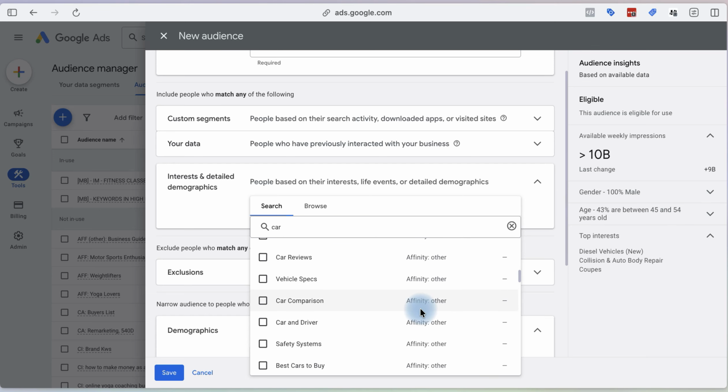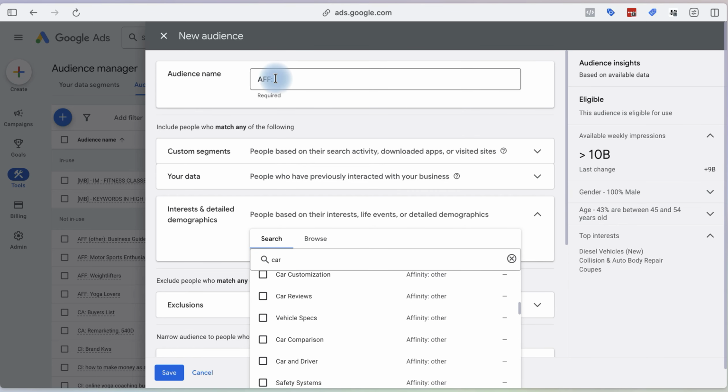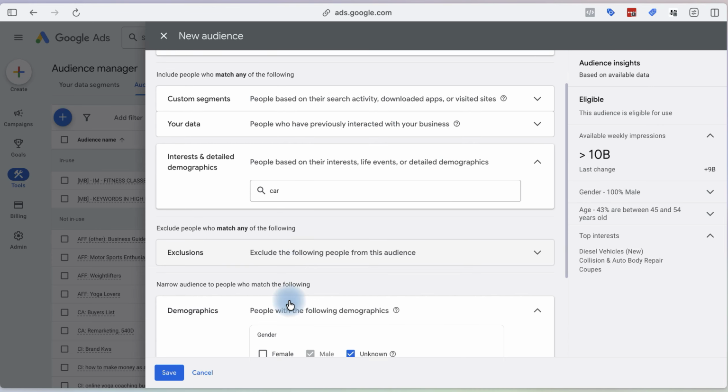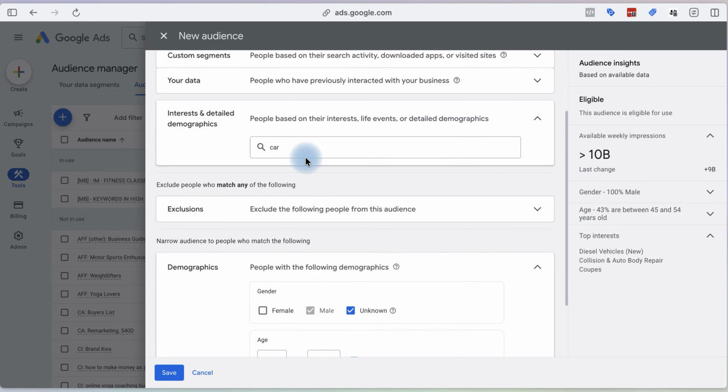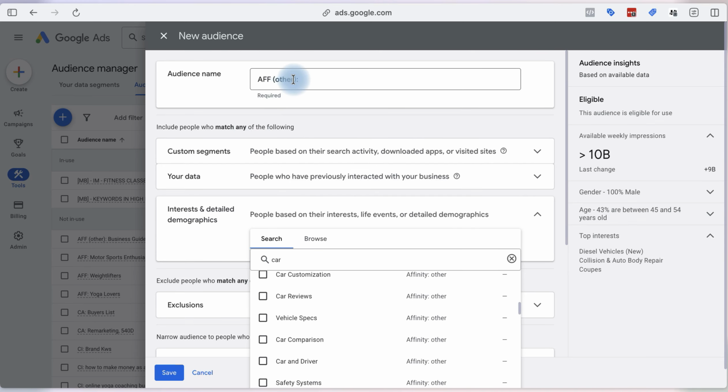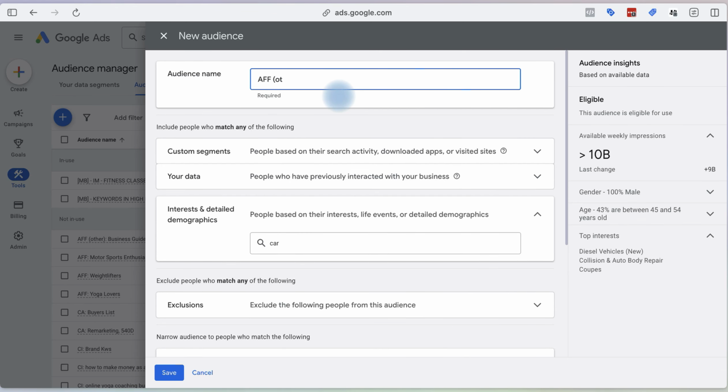If you find something very relevant to you in affinity other, you just type affinity other, and then you type the name. Otherwise, if it's just an affinity, you just type AFF,